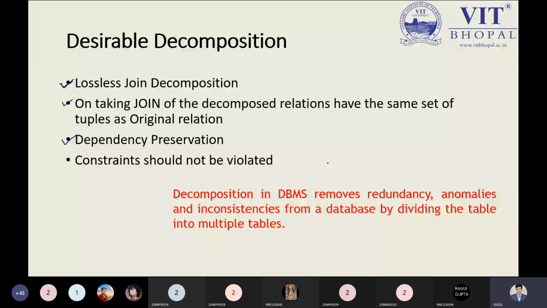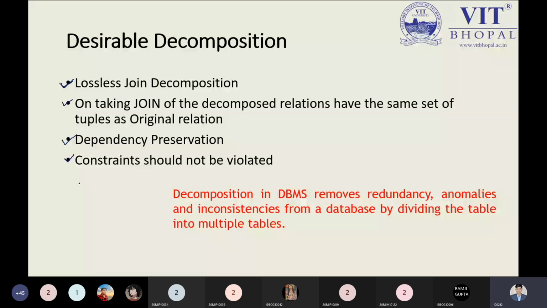So in the lossy decomposition, dependency cannot be preserved, and the constraints should not be kept. Of course, if we have any kind of key attribute, after decomposing, our key attribute should not be changed, or the element of the information should not be changed. The nature of the data type should not be changed. If it is integer, then it should be integer. It can't be string or date. So the constraints we have decided should stay as they are.